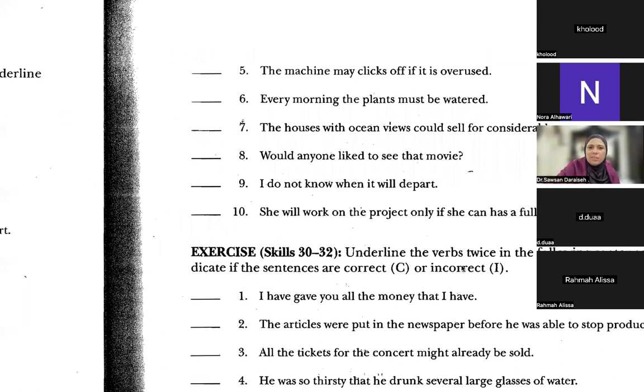Would anyone like to see that movie? So what's the problem here? It's a question, as you said, Doctor. Would anyone? It's a question. The model is at the beginning, but the verb is improper. It should be the base form. So we need to change this to its base form because would is the modal, and the verb that follows would should be in the base form, and the base form for this is like, not likes. So would anyone like to see the movie? هل أي حدا منكم حابب يشوف الموفي؟